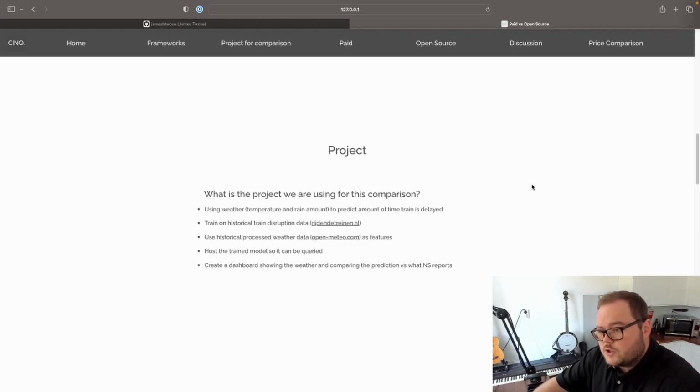So yeah, we're training on historical data from a company that is very nice to keep track of all of this, called Rijden de Treinen. This is data that goes back to 2011, so 10 years, 2011 until 2021. And then using historically processed weather data, so creating the mean, min, max, and sum of temperature from openmeteo.com, so